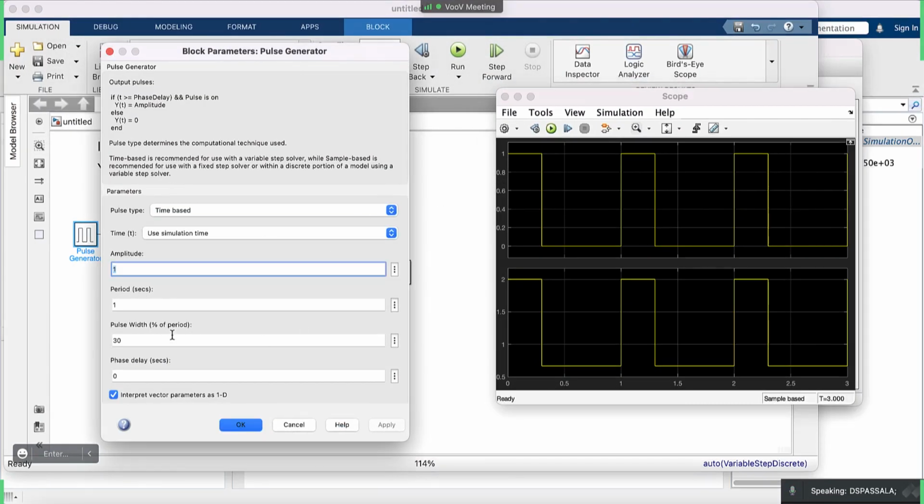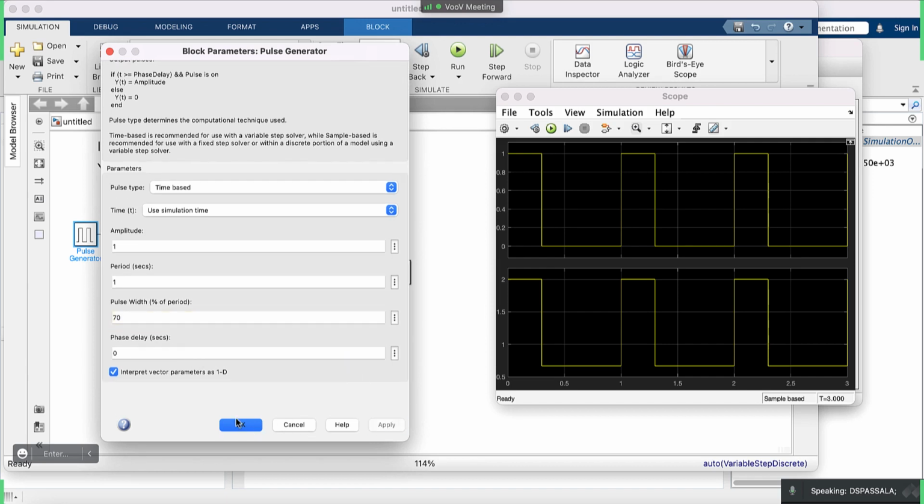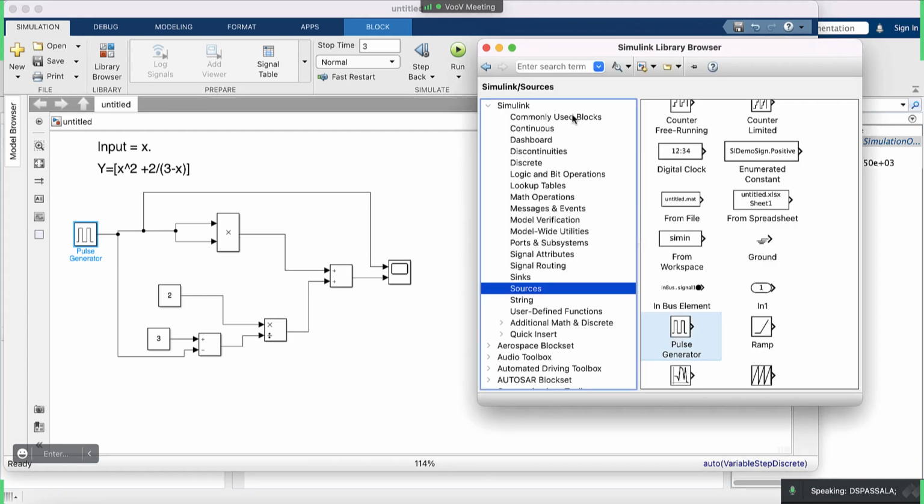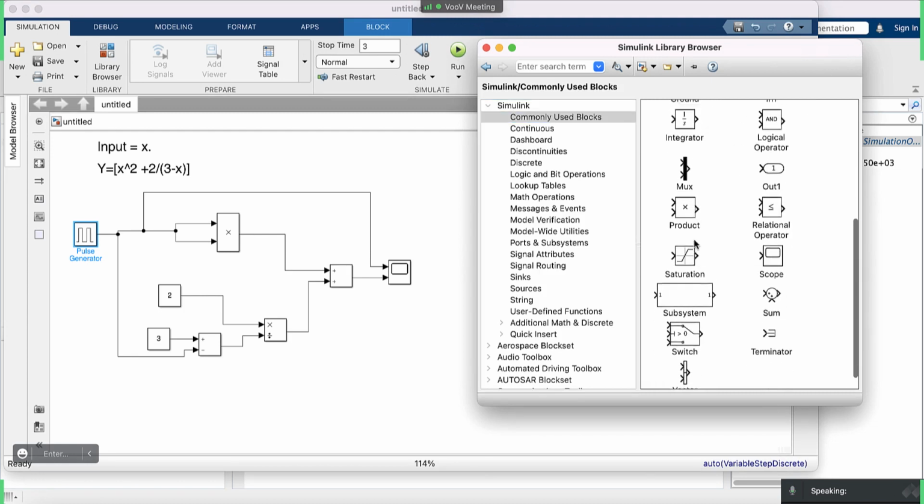The maximum is 1, the period is 1 second, and the pulse width is 30%. If I change this to 70%, apply, OK, then the remaining part is 30, and the total period is still 1 second. So basically, this is what Simulink is about, and maybe those blocks we could just, we can write